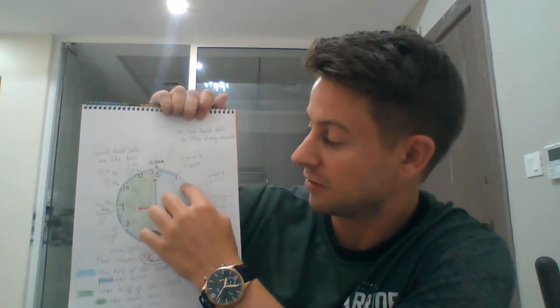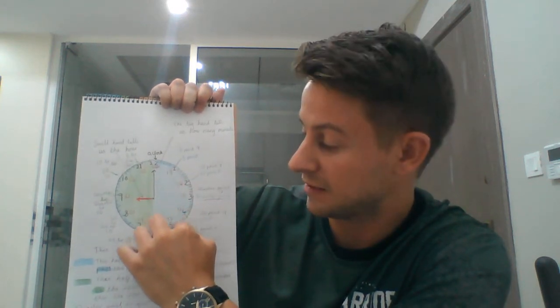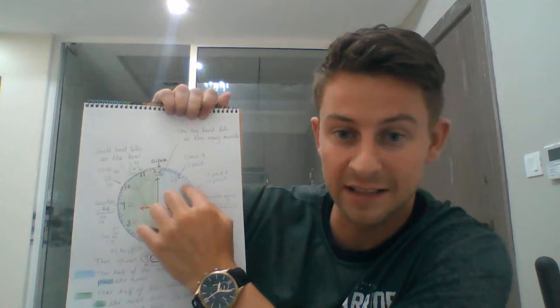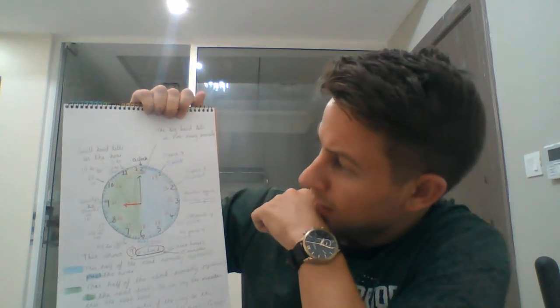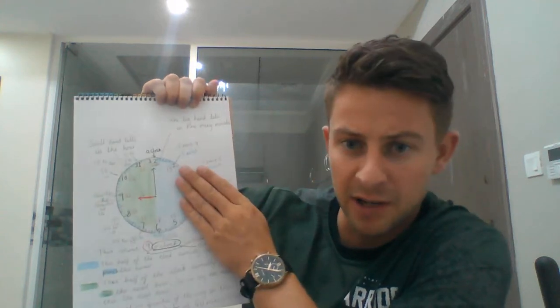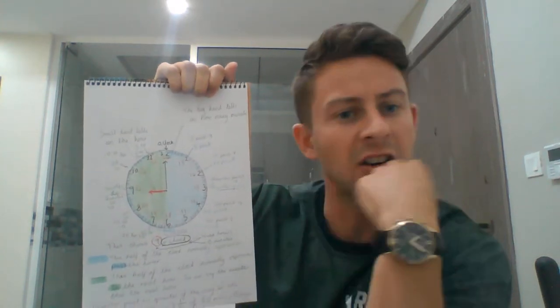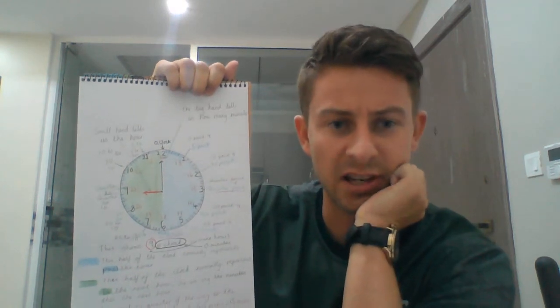It starts pointing at 1 minute past, 2 minutes past, 3 minutes past, 4 minutes past, and 5 minutes past. The clock is broken down into 5-minute stages, all with little minutes in there, so you can tell the time. Now, you might think, why has Mr. Purdy got one blue side and one green side? Well, this helps me because a lot of language with time is often something past or something to.